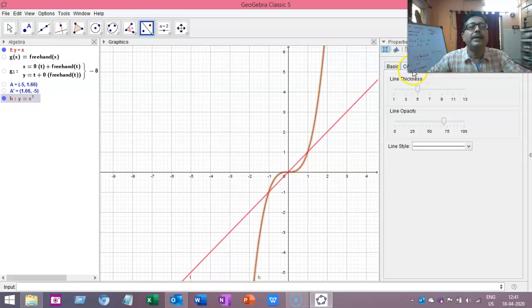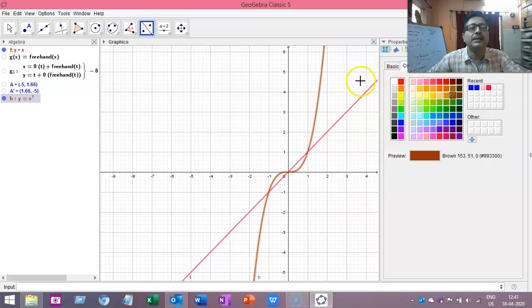I will make this one blue. Okay, that's fine. This is the curve represented by the equation y equal to x cube. All of you can see this.